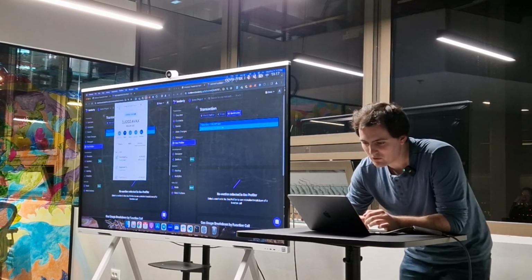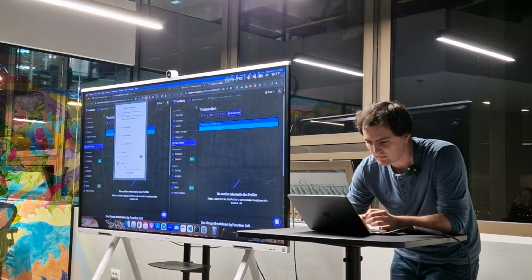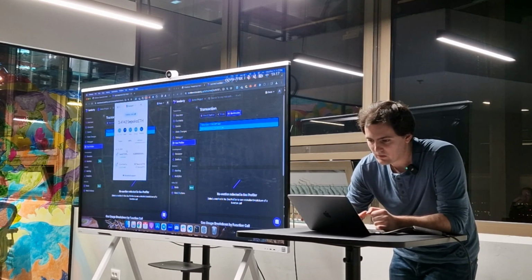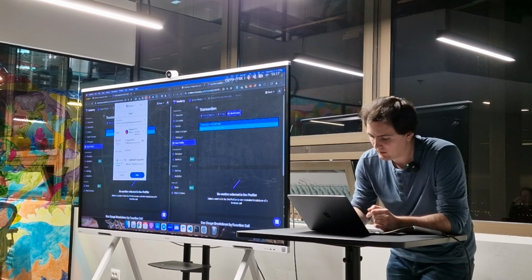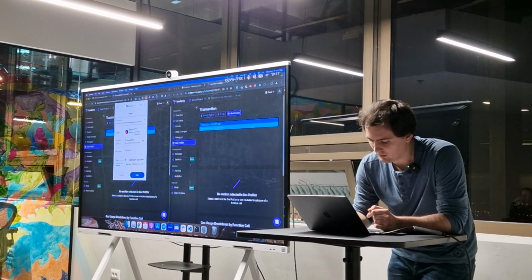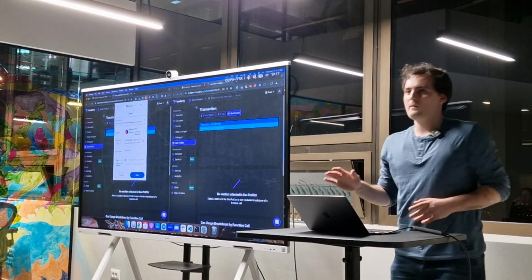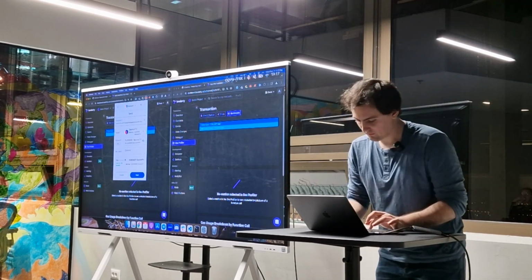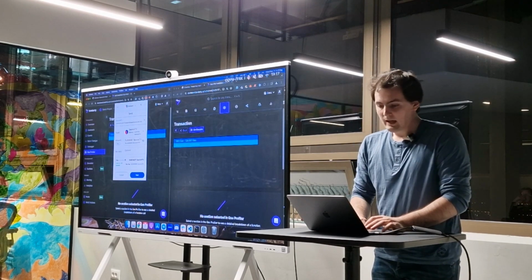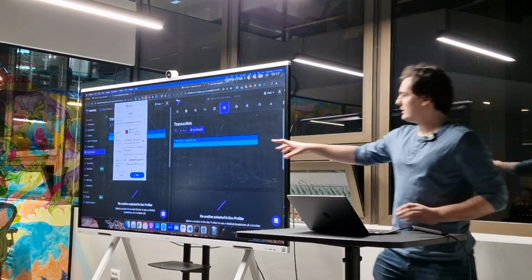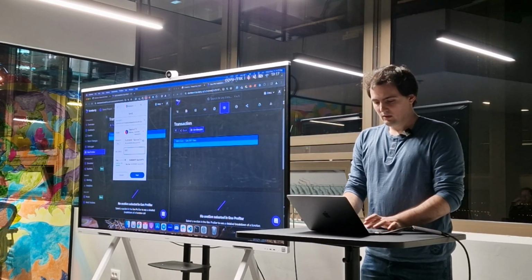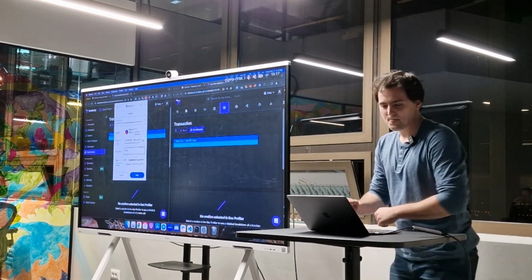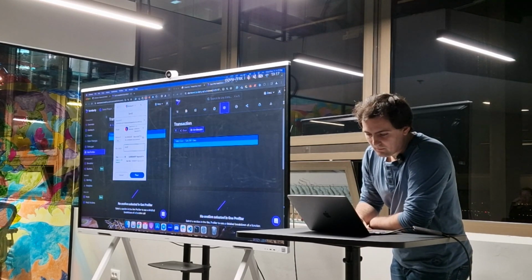So let's switch to Sepolia. I hope you can see this. I'm just gonna swap with my other account, doesn't matter. I'm gonna send a tiny bit of Sepolia, so this is extremely tiny. I don't know if I can zoom it a bit. No, I can't. And optionally, I'll put some hex data. So this is call data here. I'm gonna put it manually, so let's say 1, okay? And if I click next,